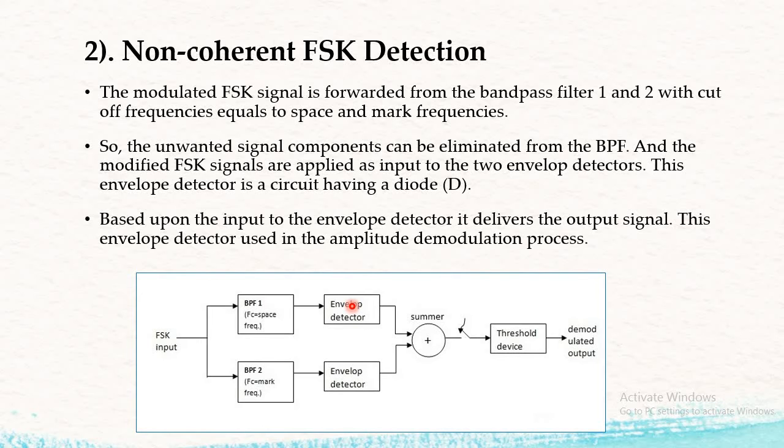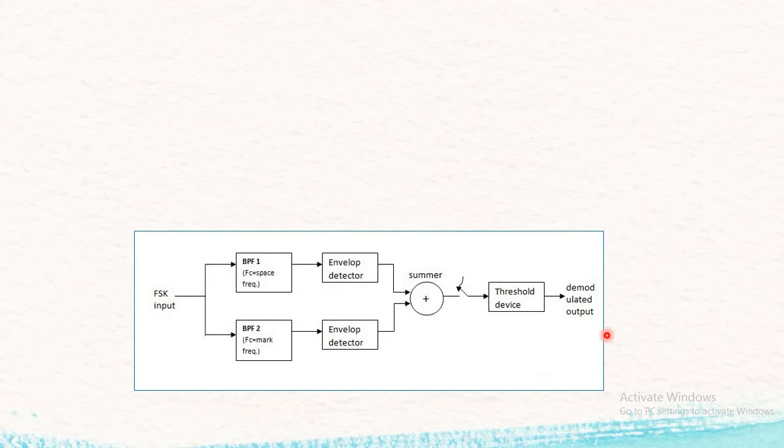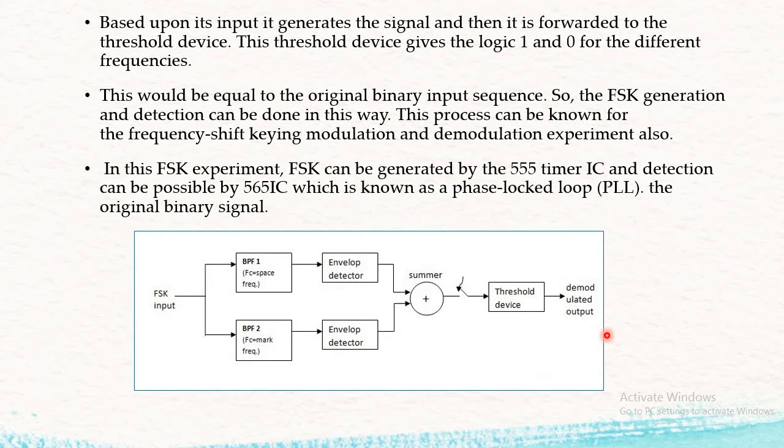Envelope detectors are detectors made up of only a diode. So they will take the carrier off the signal and give you only the respective output, and those two outputs are given to the summer. So how will the summer output work? When this particular signal is high and this one is low, their addition is nothing but the output of the first envelope detector, and so on, and then it is given to the threshold device. The threshold device will decide whether the received signal is 1 or 0 based on the threshold value. If the value is greater than the threshold, it will generate the output as a 1. If it is less than the threshold, it will generate the output as a 0, and in this way we get the demodulated output signal. Okay, the same thing was explained over here.